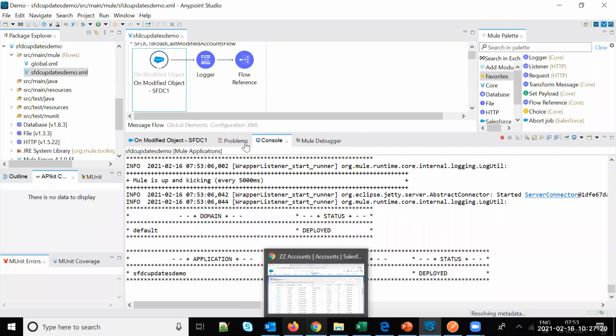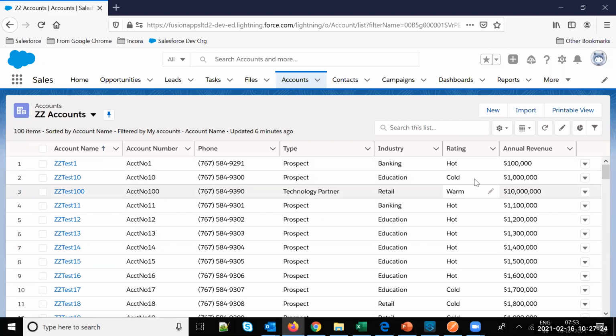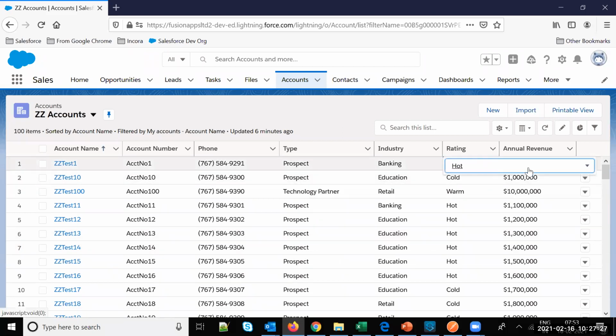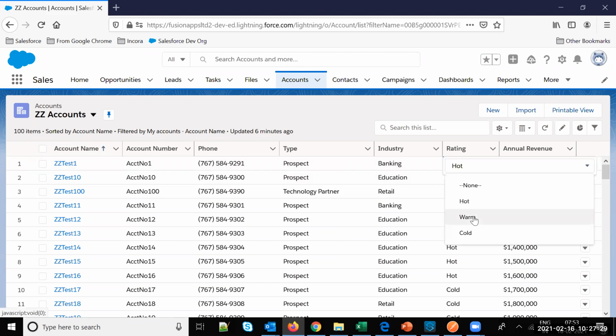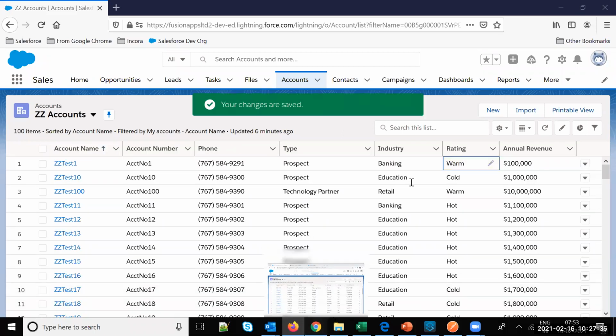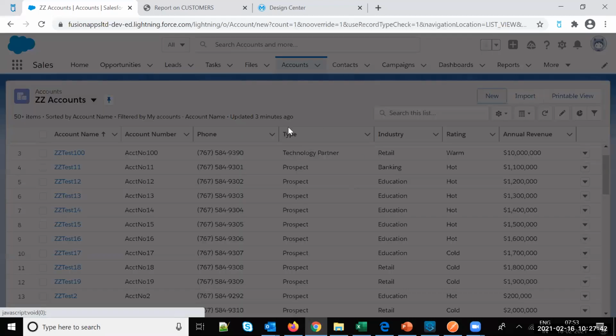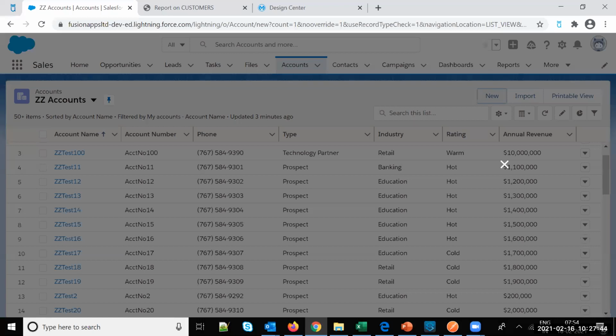So I'm going to change the rating on this ZZ test customer to warm and save it. And in the meantime, I'm also going to create a new customer in another Salesforce org so that I can show the integration from the other side.